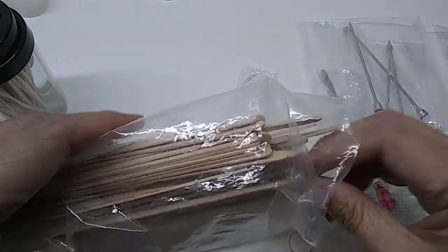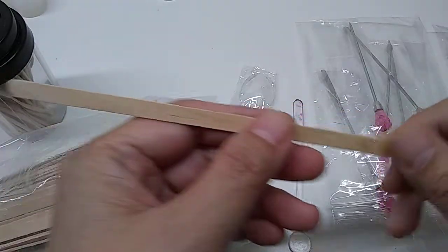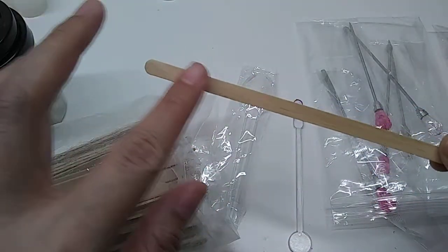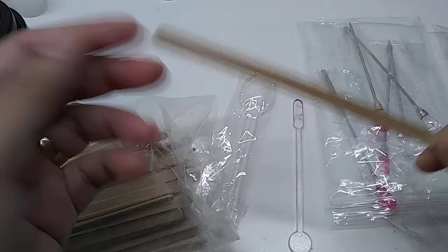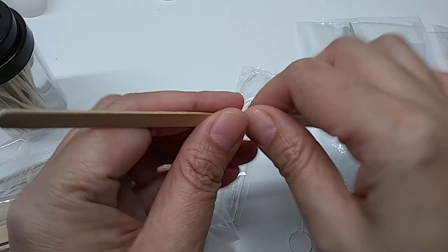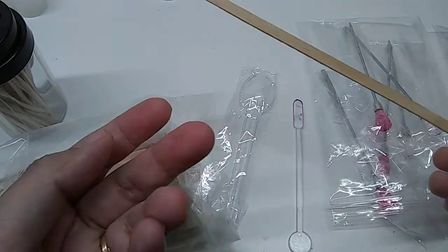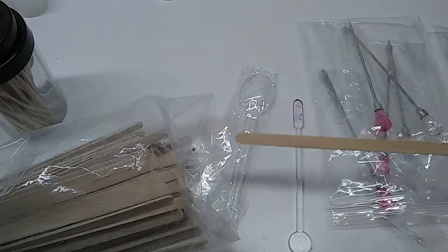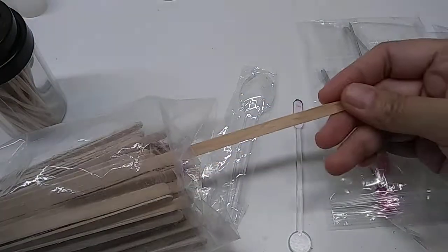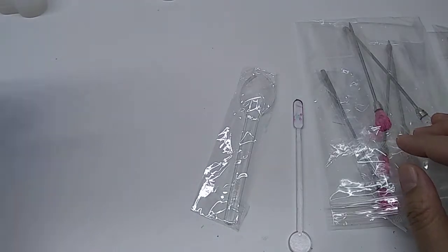Now the problem with stir sticks is that they are made of wood, and resin tends to stick on it, and when you try to clean it, it's not gonna come off. And then I also break them so I can use two of the ends, but then you throw them away. And well, I decided that's not the way I want to go with it, and so I moved on and